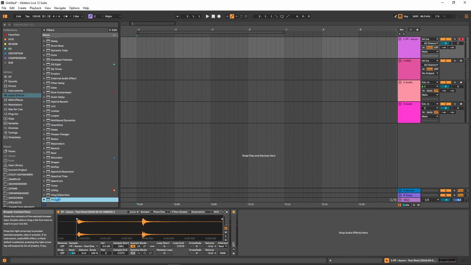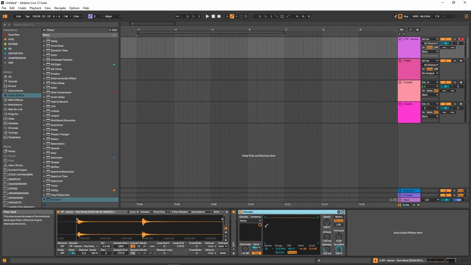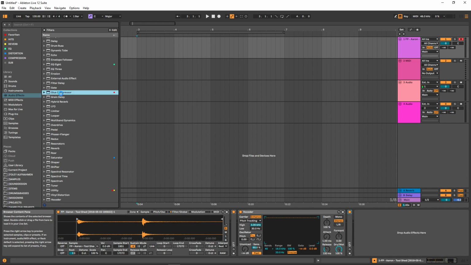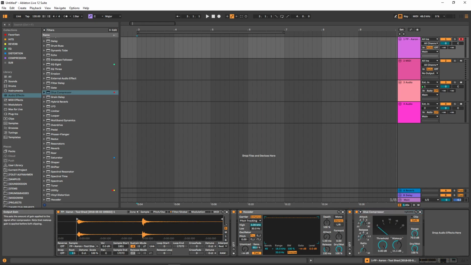And now the main modulation is going to come from this vocoder here. So this is what it sounds like with the default setting. And we want to make use of the pitch tracking function here. So let's select this and just extend the ranges here. And now you will notice that the sound is really quiet again. So let's just copy the OTT after the vocoder. And we can also add a glue compressor just to boost up the volume. So now we have this kind of sound,